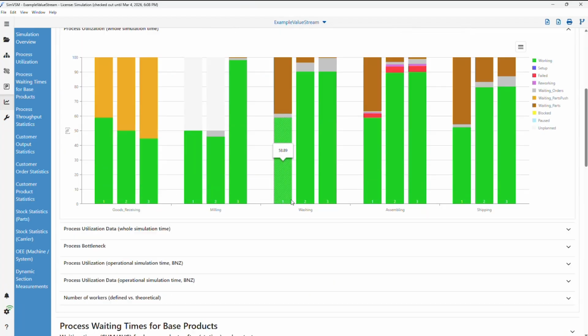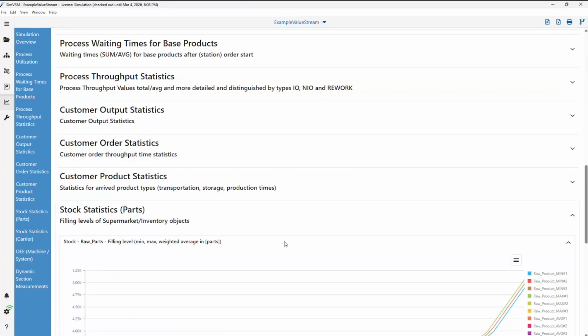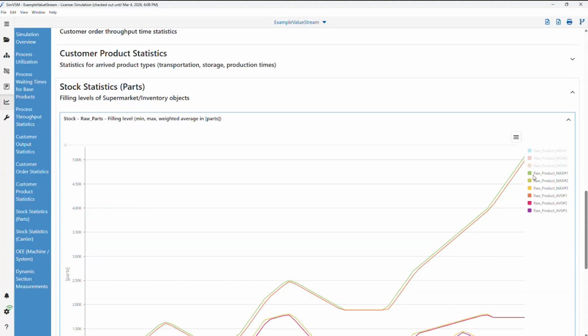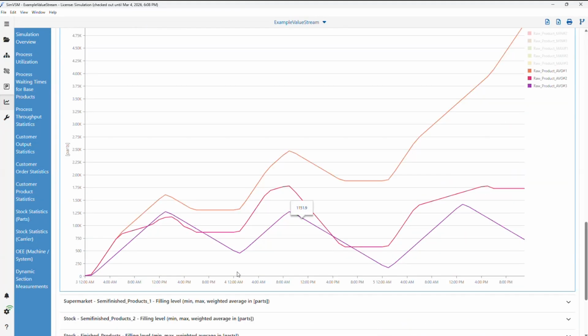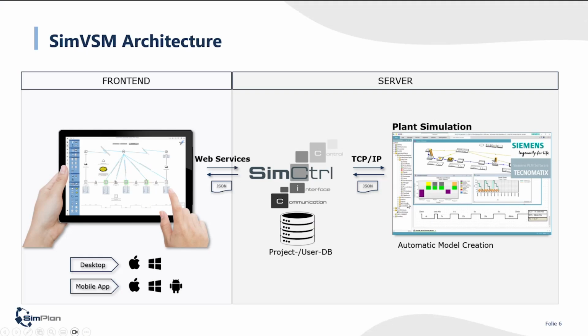And then with different mechanisms, you would see, okay, for different stations, there's different utilization, or for example, for certain inventories, there's a different stock development and behavior depending on different strategies, parameters, etc.